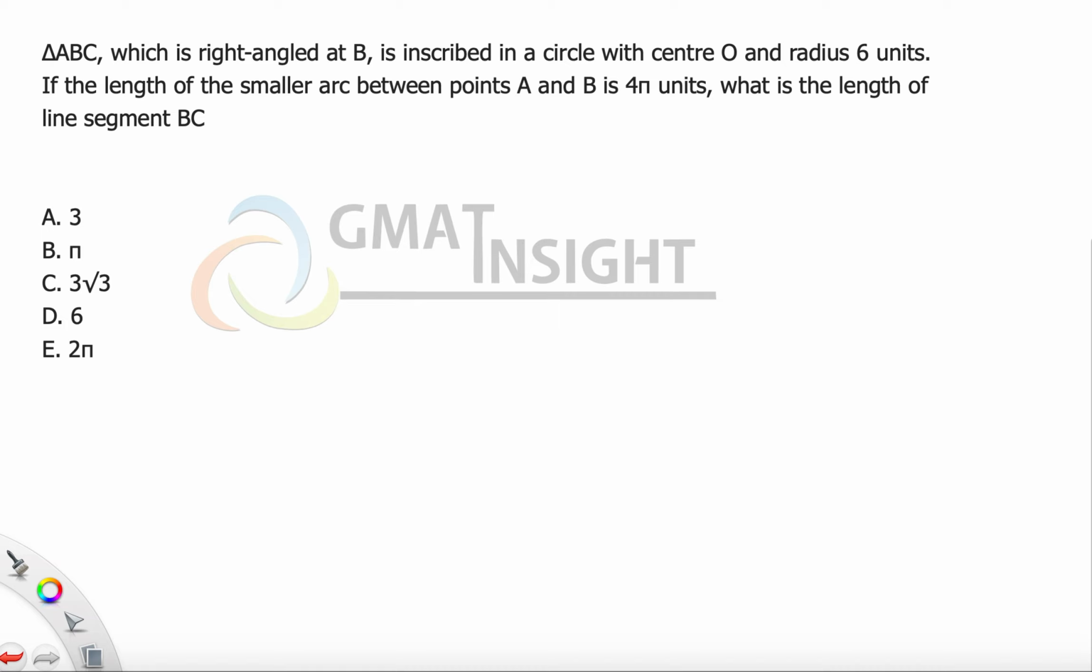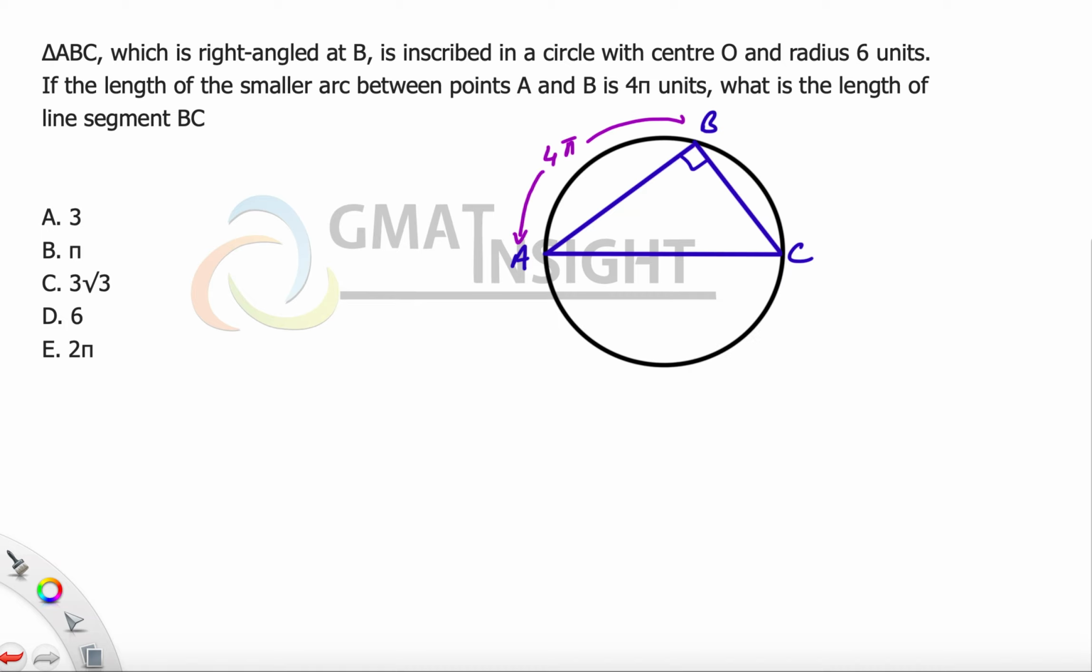So here, to answer this question, let me quickly draw the figure first. The figure comes like this. So here we have a right-angled triangle ABC where point O is the center, and since we know that a right-angled triangle always has its hypotenuse lying at the diameter, therefore O will be on AC, exactly the